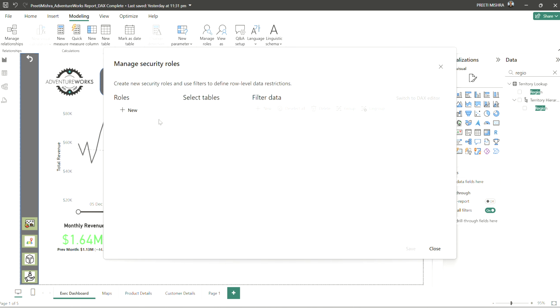Click on manage roles, and here you create a new role. You can rename it. Suppose I want to rename it as Europe. And here you have to apply the data. So from the territory lookup table, you have to